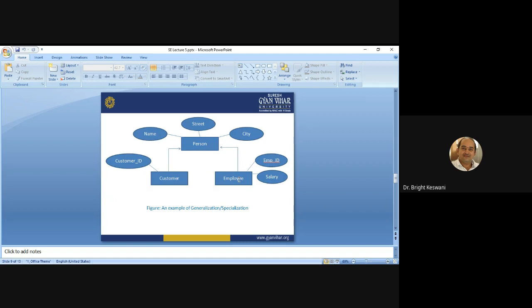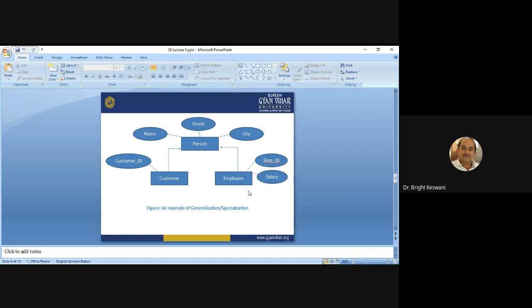These two entity sets include all attributes of the entity set person and some more additional attributes. Additional attributes of customer is customer id, and of employee are employee id and salary.